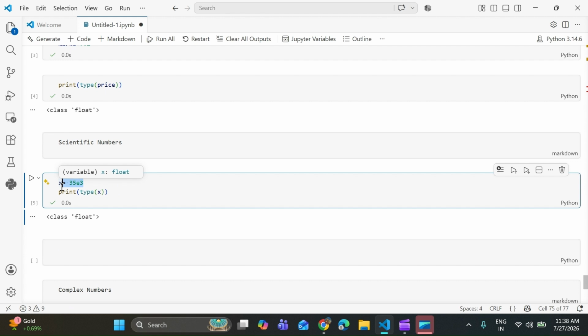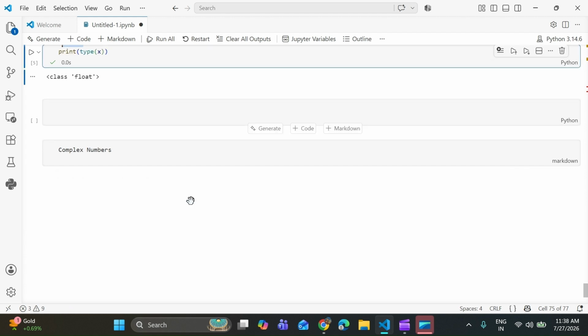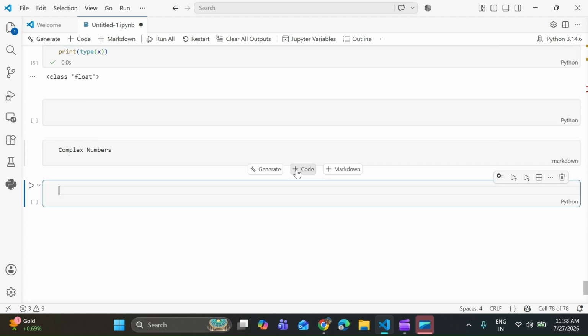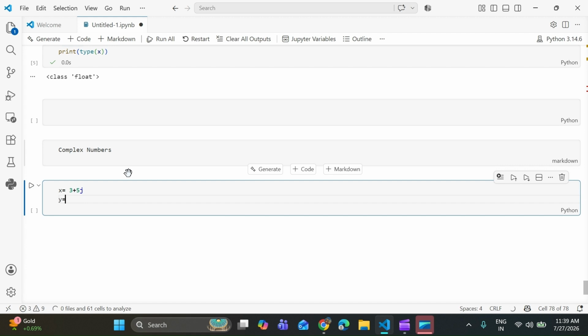Let's talk about complex numbers. The third numeric data type is the complex number. A complex number contains an imaginary part represented by j. Let's understand with an example. One more variable, y is equal to 5j.